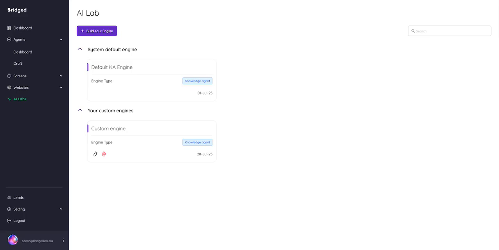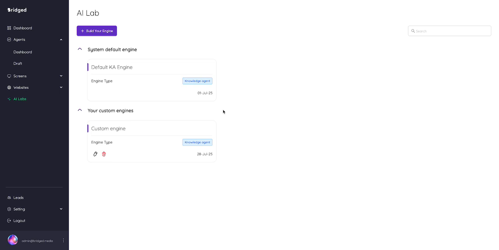Let's take a look at the AI Lab and how you can use it to customize the engine behind your knowledge agent. Think of the engine like the brain of your AI agent. It receives a question and generates a response. With the new AI Lab feature built into your dashboard, you can now tailor this brain. You can decide how the engine interprets inputs and how it should craft responses, and all through a set of